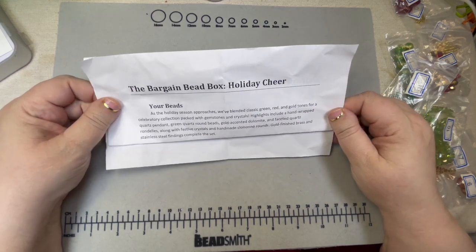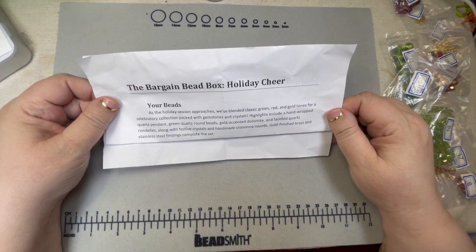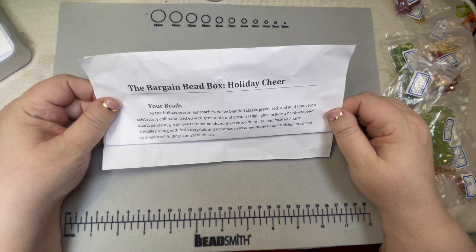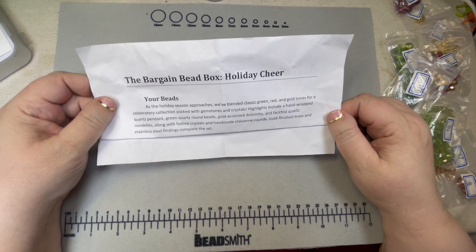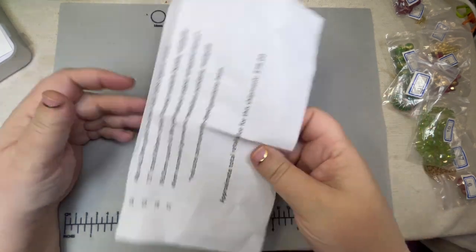So, it says, as the holiday season approaches, we've blended classic green, red, and gold tones for a celebratory collection packed with gemstones and crystals. Sounds amazing. Highlights include a hand-wrapped quartz pendant, green quartz round beads, gold-accented dolomite, and faceted quartz rondelles, along with festive crystals and handmade cloisonne rounds. I love cloisonne. Gold-finished brass and stainless steel findings complete the set. So in our box,